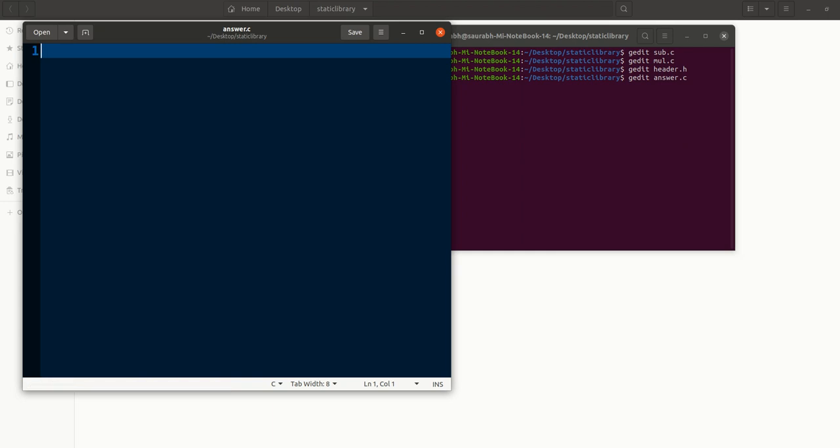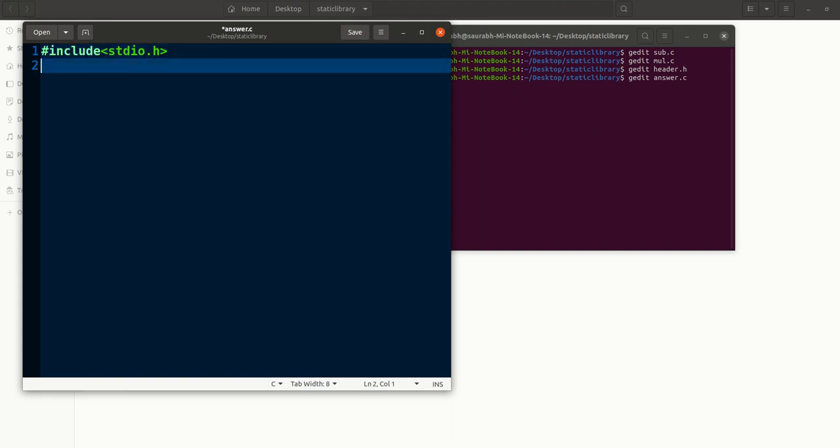For that we will have to include the stdio.h header file. Then we have to include our own header file, #include under double quotes header.h, that is the name of our header file.